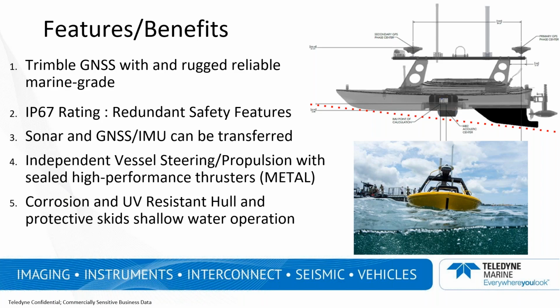So the thrusters are actually made, I'll phrase that, the propellers are made out of brass, either brass or steel. So they're built to withstand sort of any environment that they might be functioning in. The hull itself, and there's another slide here in the pack that